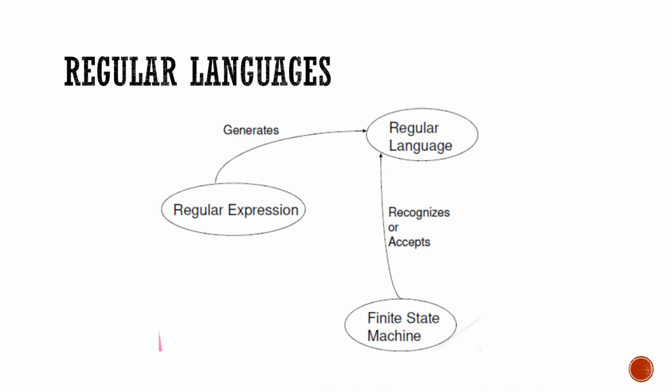When we go into regular languages, one category we have seen is finite state machines. In the first module, we learned to write finite state machines for regular languages. The other one is regular expressions. They are at the same level. Both regular expressions and finite state machines are used in recognizing regular languages.